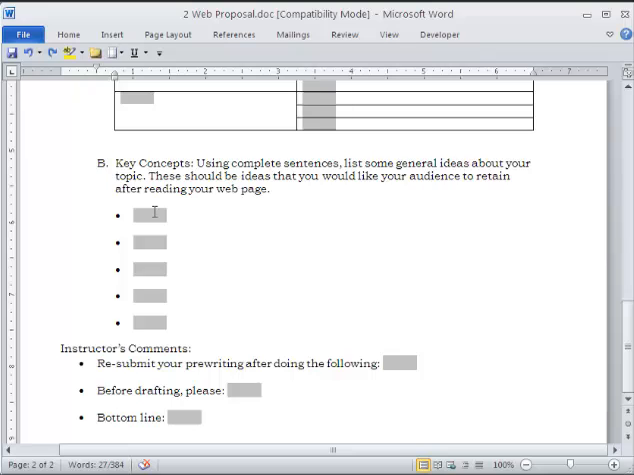But in any case, think about things you want them to carry away from the experience of reading your web page that they'll remember later. They might not remember every piece of information, but maybe they'll remember some concepts. And of course, here's places for me to make some